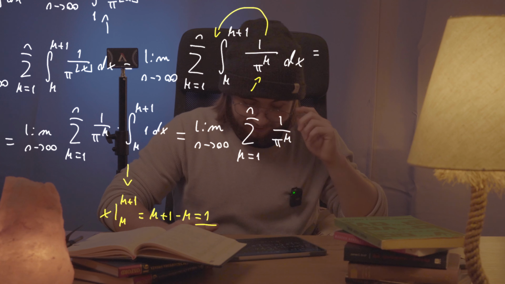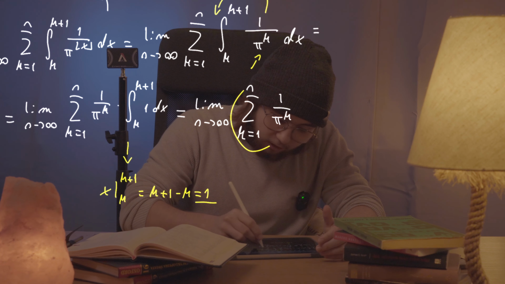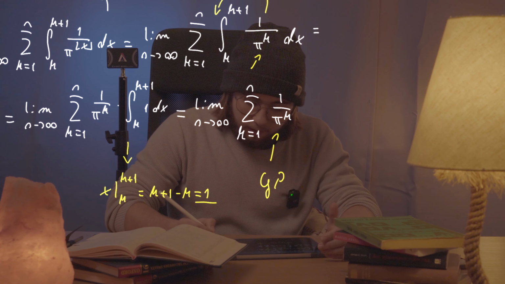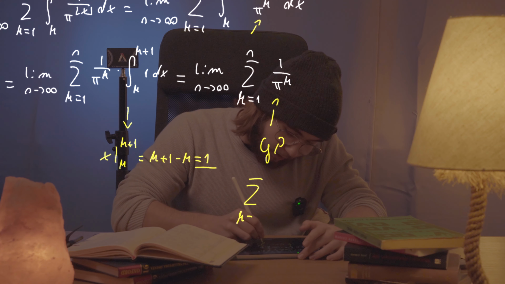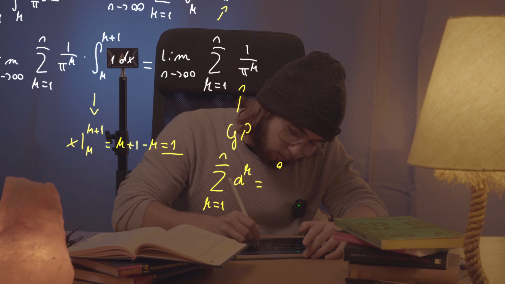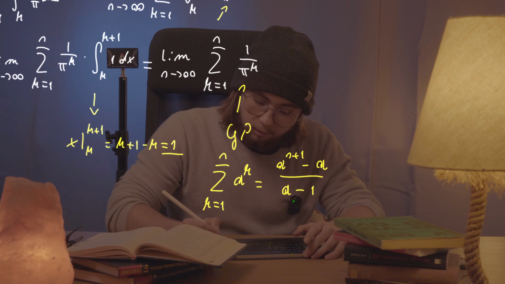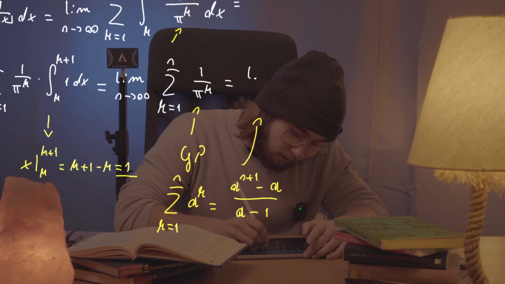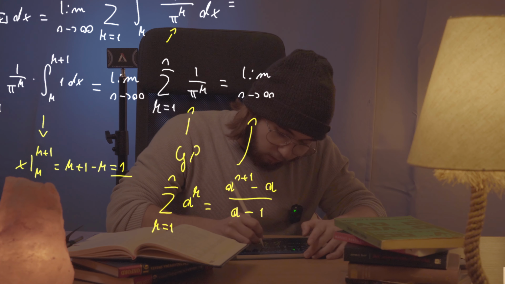That's awesome, I think. Now the next thing is that this entire sum is just a geometric progression. That's basically a GP. And we have a formula for geometric progressions, because whenever we have a sum from k equal to 1 up to n of, let's say, a to the power of k, that's going to be equal to a to the power of n plus 1 minus a all over a minus 1. So we can just use this formula to get that this entire thing is going to be equal to the limit as n approaches infinity,